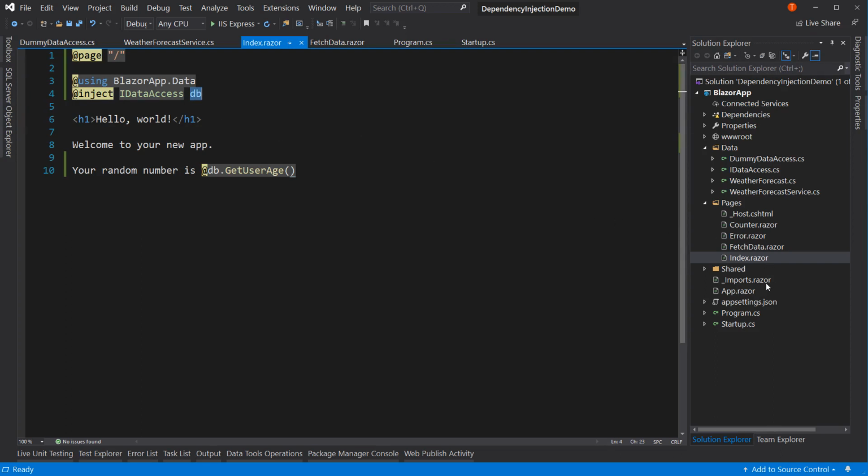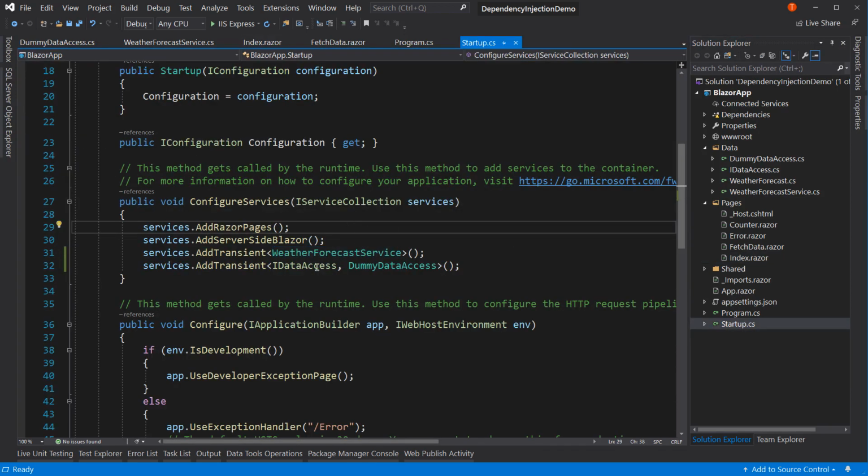Now, I chose to split this apart. So let's go to startup.cs. I chose to split it apart with an interface and an implementation, whereas weather forecast service did not. It has it just as the actual type. You can do either. The nice thing about using the interface, even if there's only one implementation, is that really there's two. So right now,